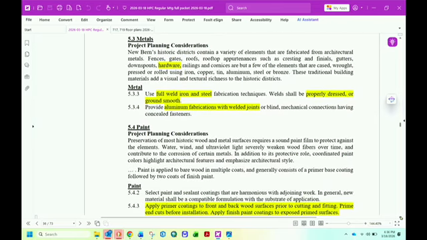Under the metals section, the only area I saw the use of metals was actually the hinges and holdbacks for the shutters. And so we do say that when you're using iron and steel, that it be full weld fabrication technique, and that the welds be properly dressed or ground smooth, or if they're aluminum, they should have welded joints or blind mechanical connections.